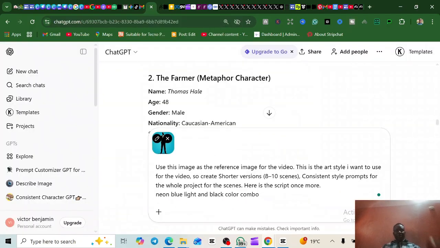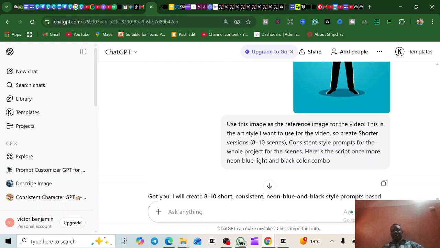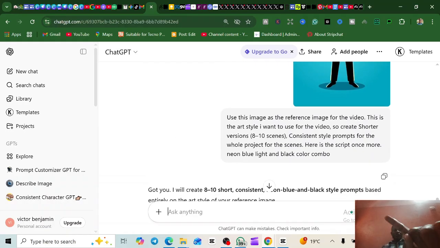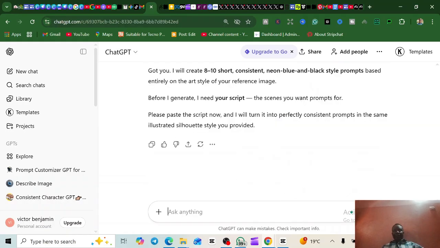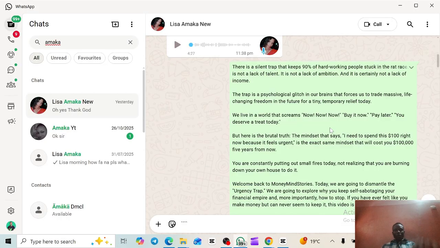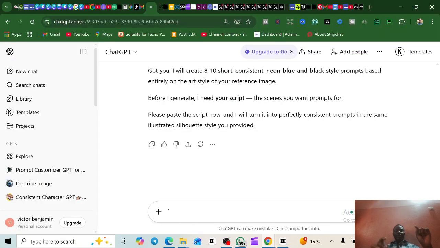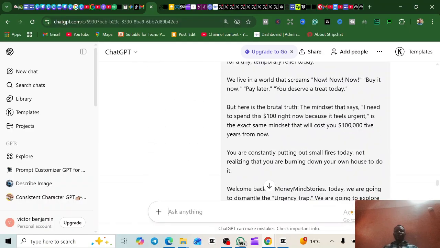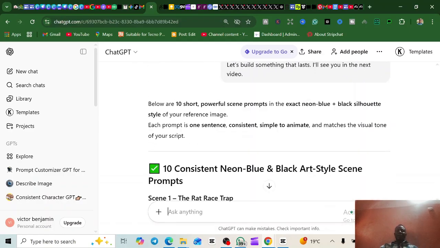Now I'm going to paste it. Remember, you've uploaded the picture. Paste this particular script, and then just tap enter. That is the image that you want. Right now you're going to paste your script, your whole story script. I just hope I'm not confusing you, please. I hope you're understanding. If you don't understand, you can comment down, or you can reach out to me if you're in the G4G AI hub. Get access to me. So I'm going to copy my script and paste it here. Now it's going to regenerate the whole thing using that particular art style, right?